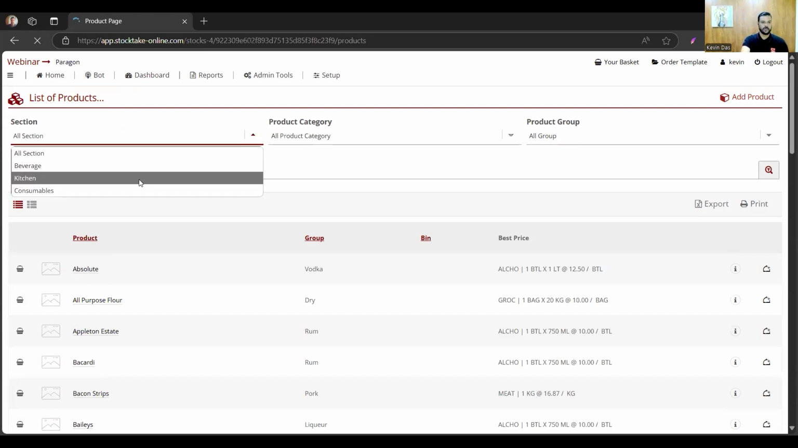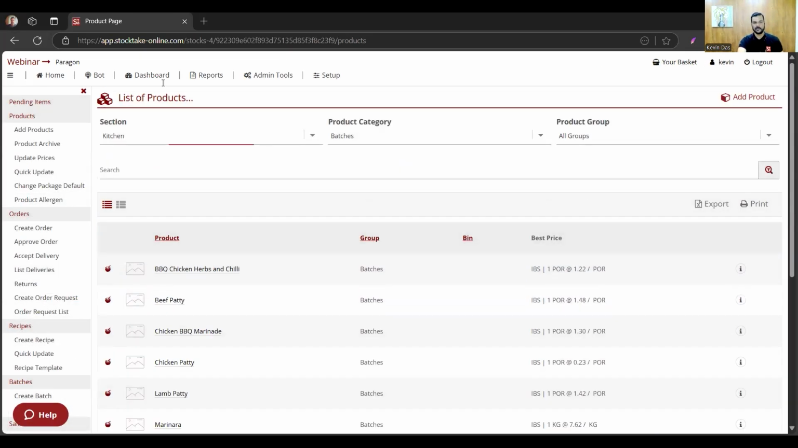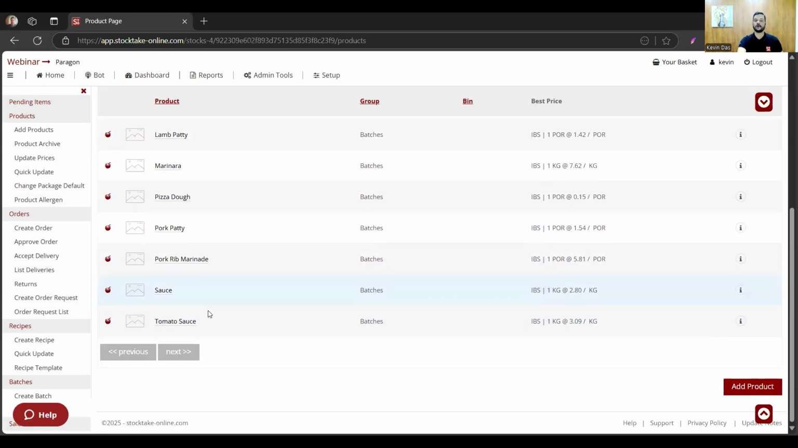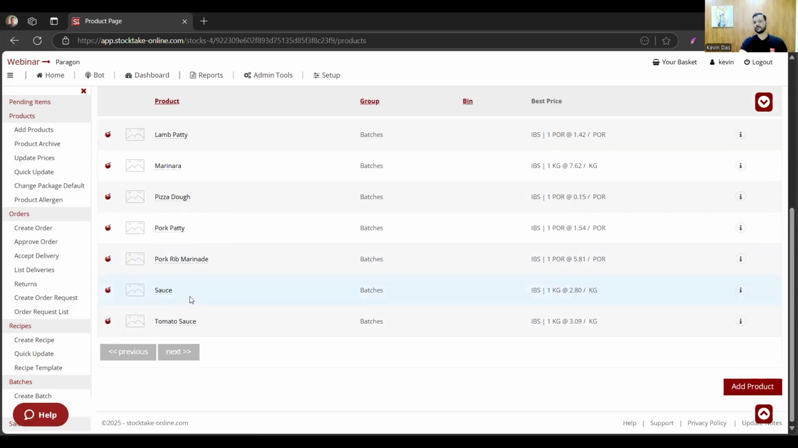We made it sauce. We put it into the kitchen batches. So now if you see in the list of products, it shows up as sauce as well, right? Similarly, I've already created some batches over here like beef patty, chicken patty, lamb patty, pizza dough, pork patty. We have the barbecue chicken herbs and chili. These are batches which have been made into recipes, which I'll show you further. Now, once we have created this sauce, we have to now create the main